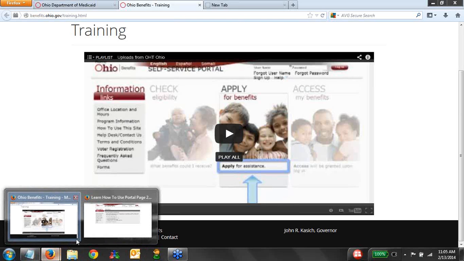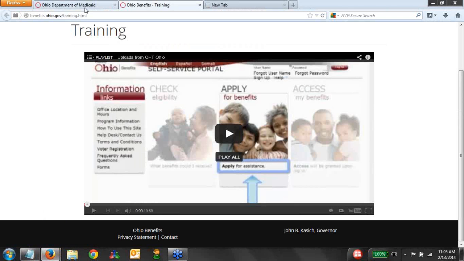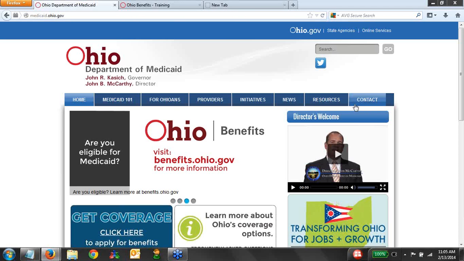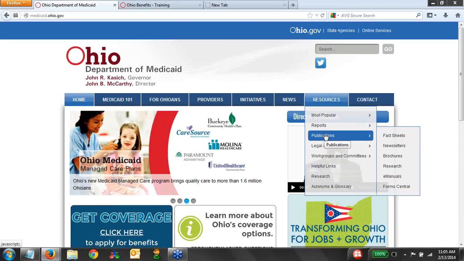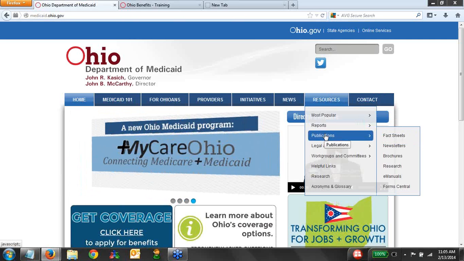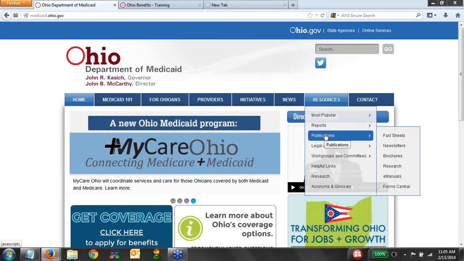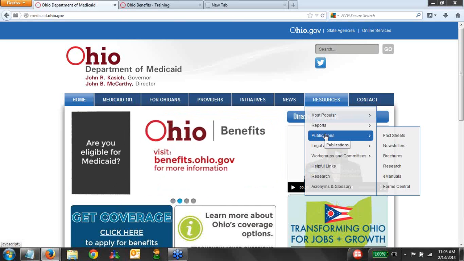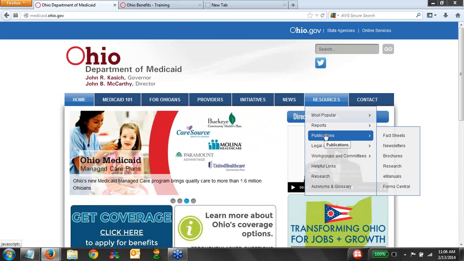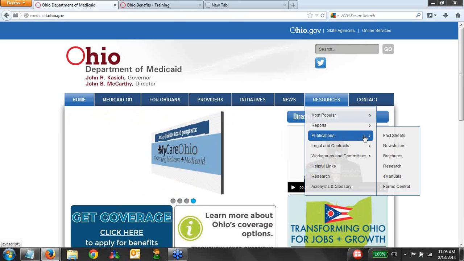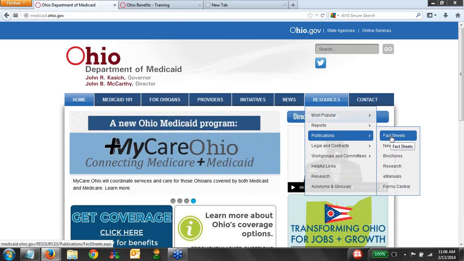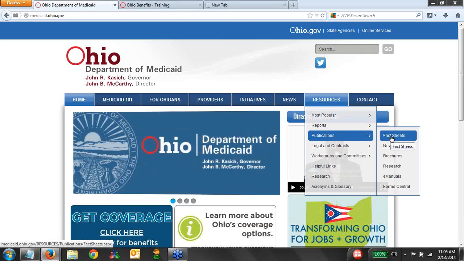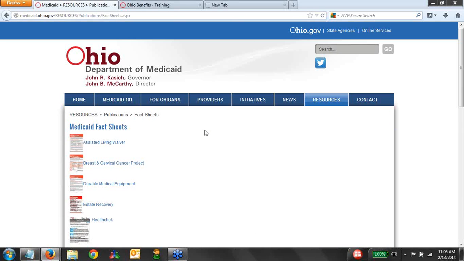The other resources that I wanted to point you to could be really helpful to you and your client as you are working through the application if they have questions. One that was brought up is the estate recovery. This is a concern that a lot of people have. Well, if I'm on Medicaid, I won't be able to pass anything along to my family. As Kathleen said, it's really important that we're talking to people about the reasons for having health insurance and helping to get over some of those fears. And to support your work in doing that, you can use some of the resources available on Medicaid.ohio.gov.